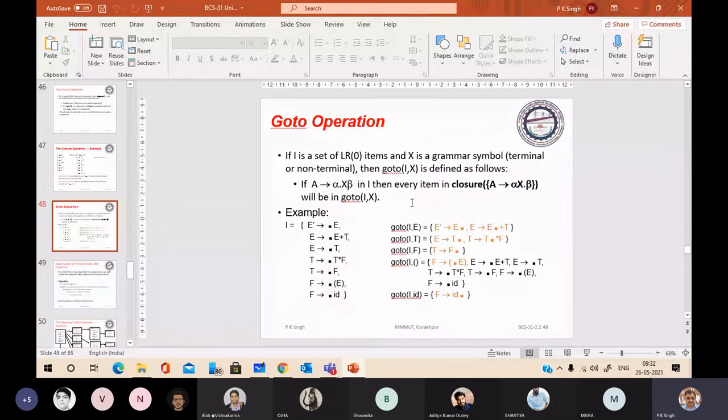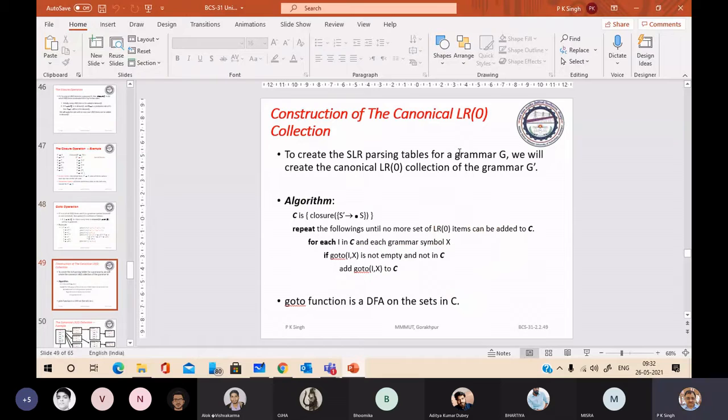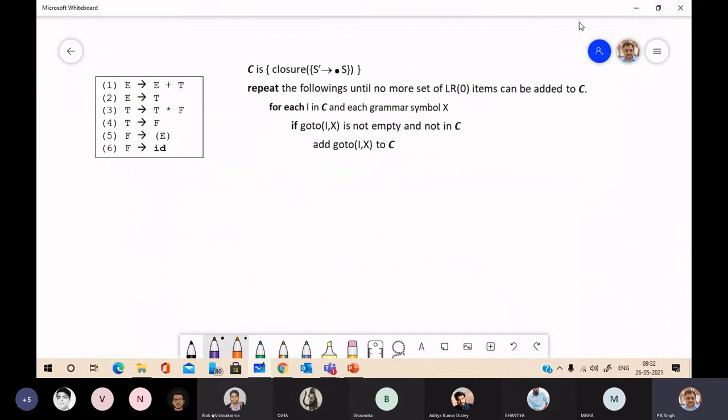Now we find the canonical collection of LR(0) items. See, this is the algorithm to find the canonical collection. So we will use this algorithm and compute the collection.